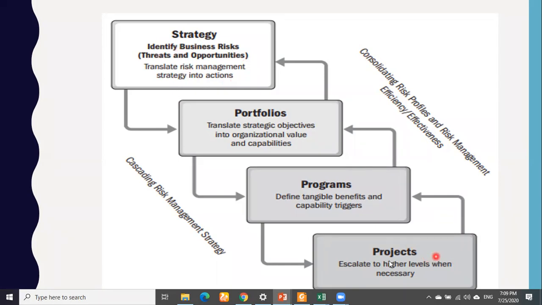And then we have seen the work activities carried out at project level. If something goes wrong, it could not only fail the project, but it could escalate and affect the program level. And if something goes wrong at the program level, it can escalate and affect the overall portfolio.